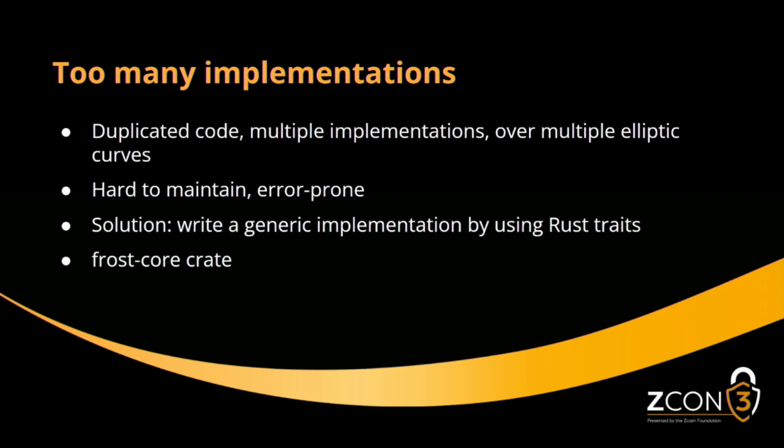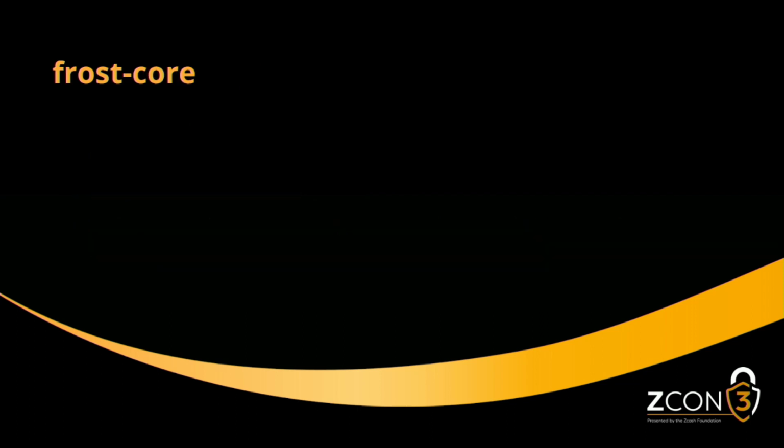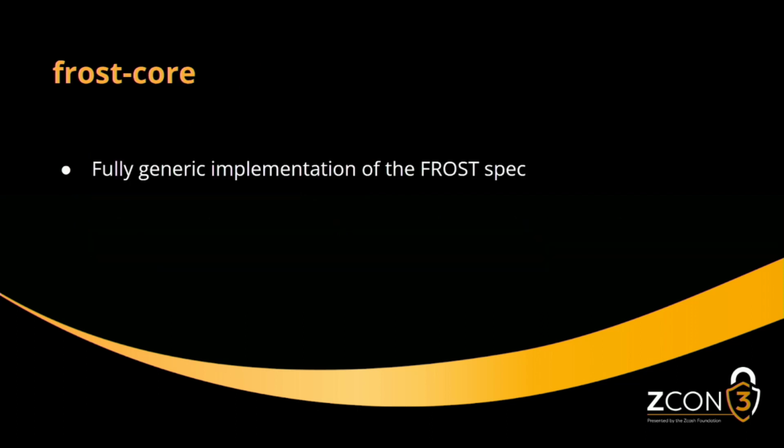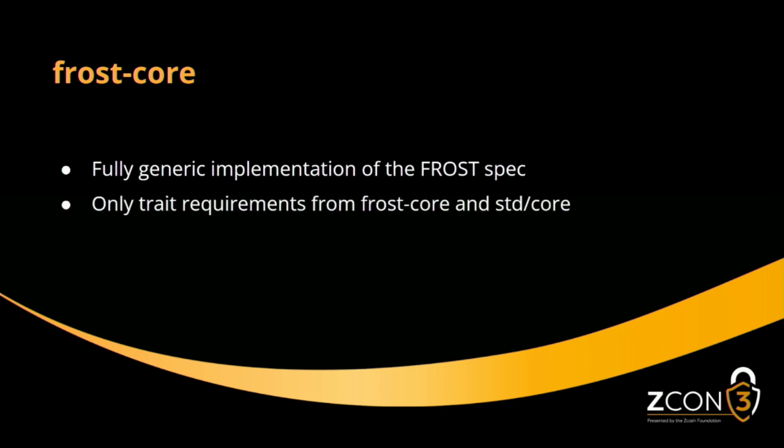This motivated the creation of the Frost core trait. So Frost core is a fully generic implementation of the Frost IETF specification, the 2-round variant. The only trait requirements that we expose as part of our package are things that come from the Rust standard library or the non-alloc standard. We do not require implementers who build on Frost core to pull in things like rand or anything that's not already available to you as a general Rust user, other external crates or types,